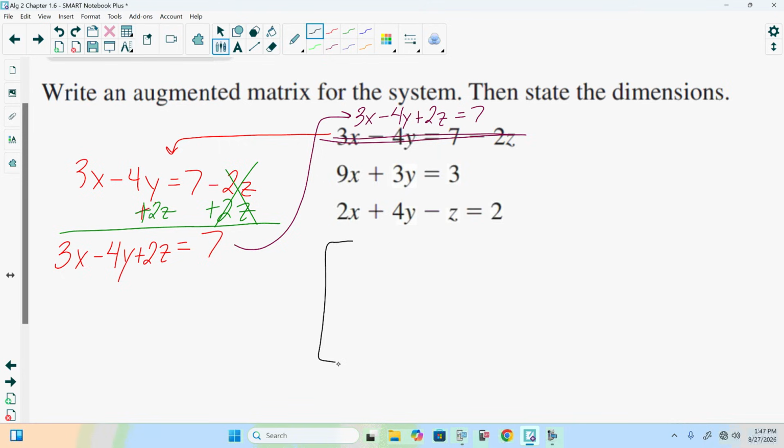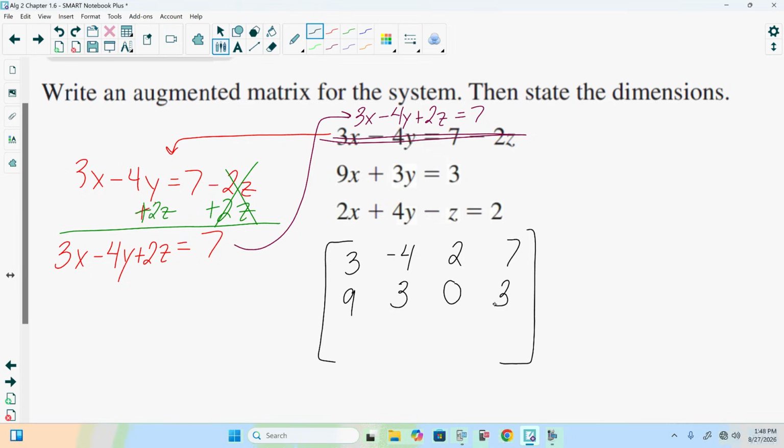First row is going to be what? 3, negative 4, 2, and 7. 3 for x, negative 4 for y, 2 for z, and then it equals 7, yes? Middle row, what's our x? 9, what's our y? What's our z? Equals,